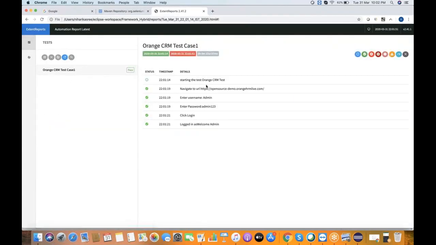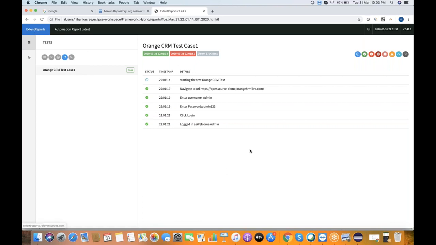You can see the report is like this. You can even map your manual test case steps to your automation script, and whenever someone sees the report, they'll see what this test case is exactly about. This is easily readable, right? It is similar to whatever your test case is. Selenium by itself will not support these things.